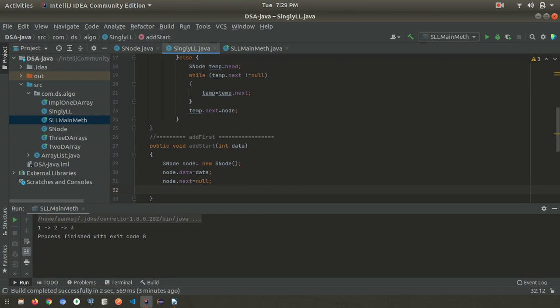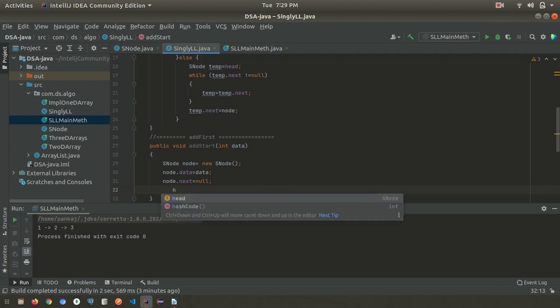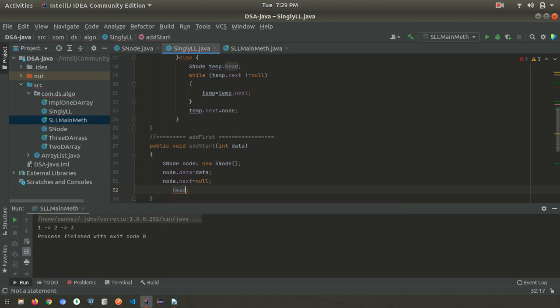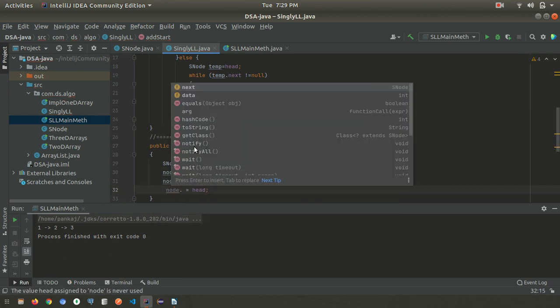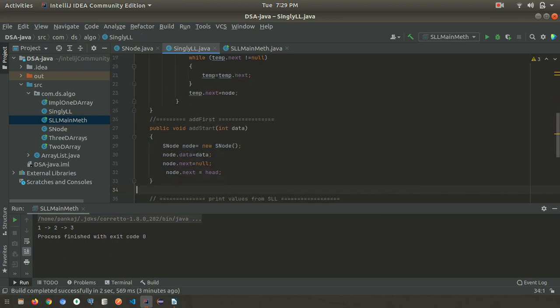So first we'll check where the head is pointing. The head reference we can store in the newly created node's next reference.